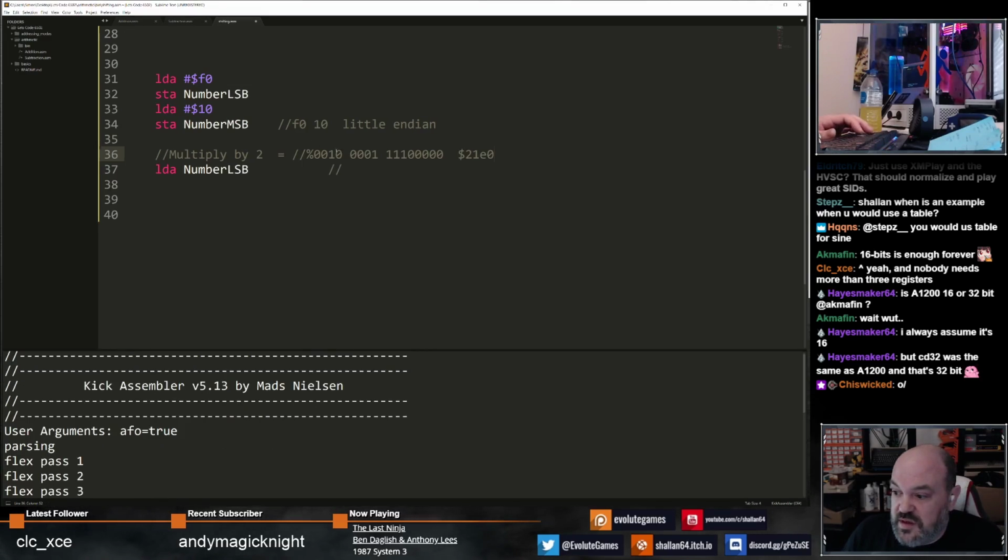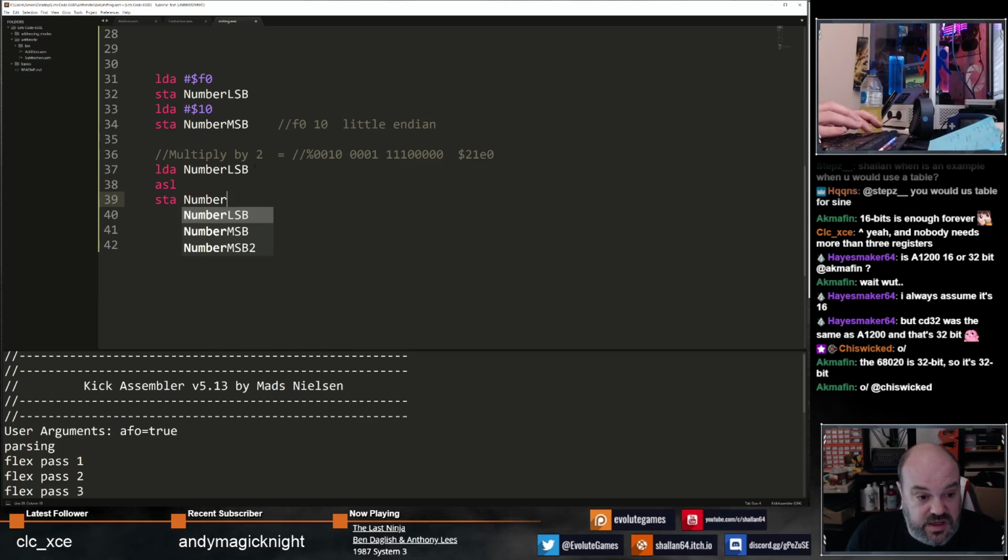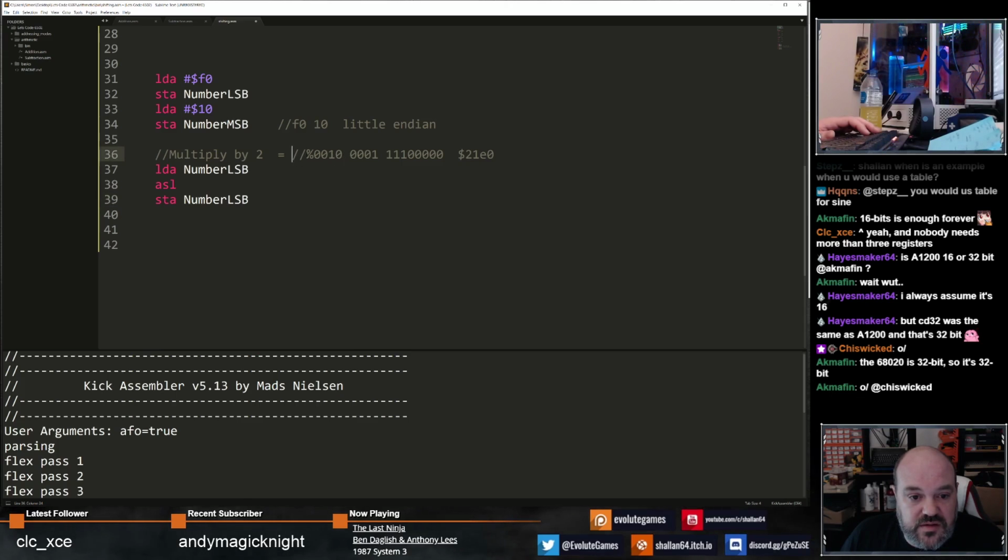Oops, that's too big. So how do we do that? Right, we take the first number, and the first number we always do with a straightforward shift all the time. So we just do a shift to the left, and we can now store that number here. Now what that's going to do is it's going to take our number. Let me display it in binary here. So our little endian number is